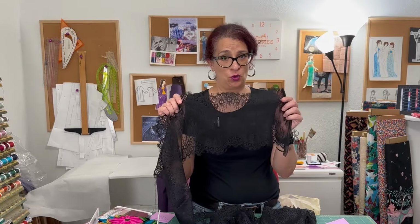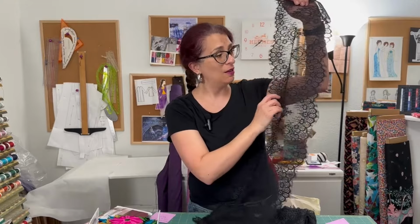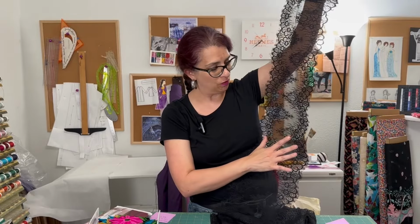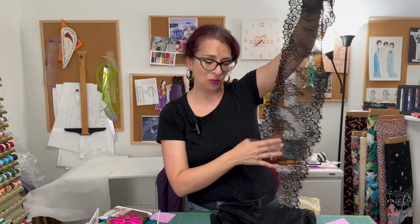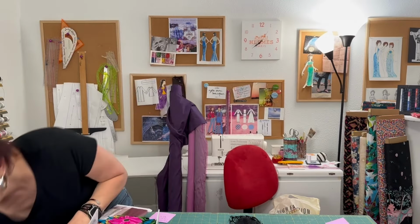So this was one of the more expensive things that I purchased. This was, and you probably can't see it because I'm wearing black, so I'll hold it up like this. This was $72 for 6 yards of this lace, and you may be thinking, Tony, that is not going to look good with that peach charmeuse. And you know what? It does not look good with the peach charmeuse, but it looks really good